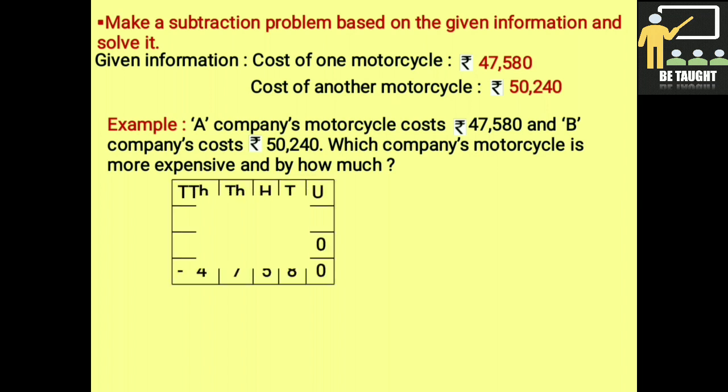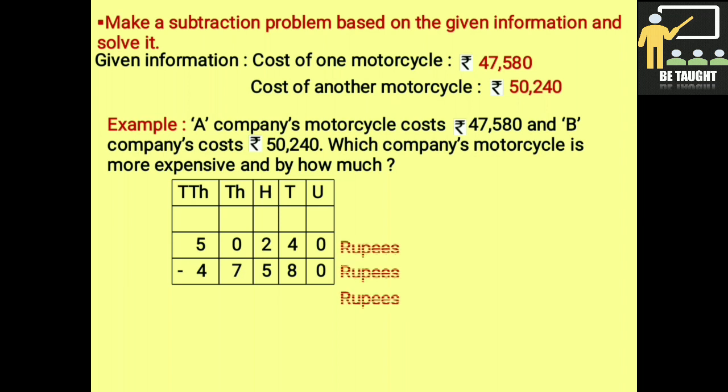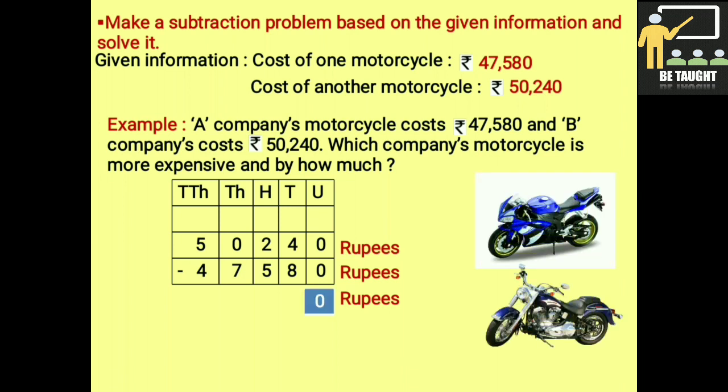So here we arrange it in the vertical arrangement, but we write the bigger number on top and subtracted by the smaller number below it. Start from the units place. 0 minus 0 is equal to 0. 4 minus 8 is not possible, so we borrow 1 from the hundreds place. So here it will become 14 minus 8 is equal to 6. Since we had borrowed 1 from the hundreds place, so we cut 2 and we write the number before 2. What comes? That is 1.